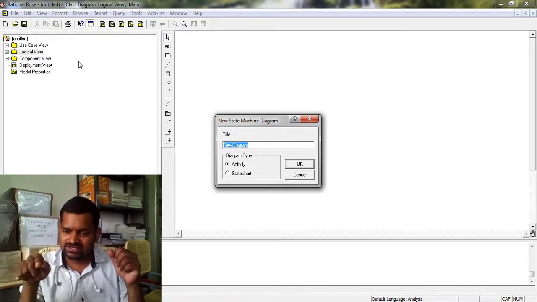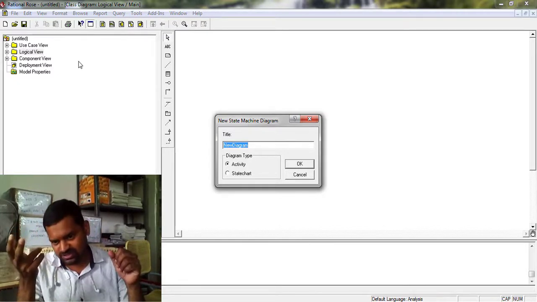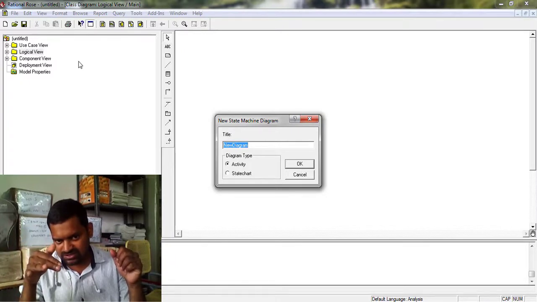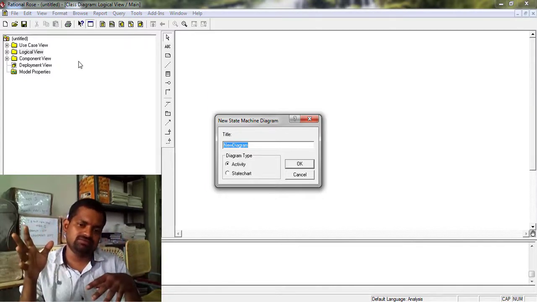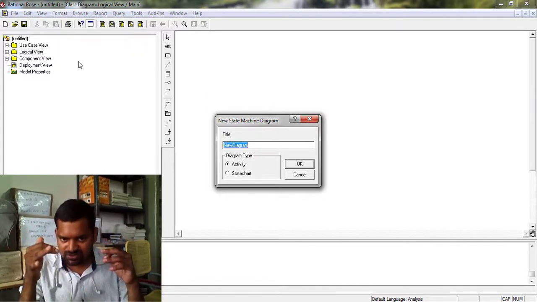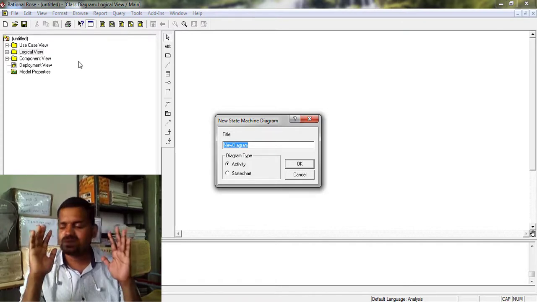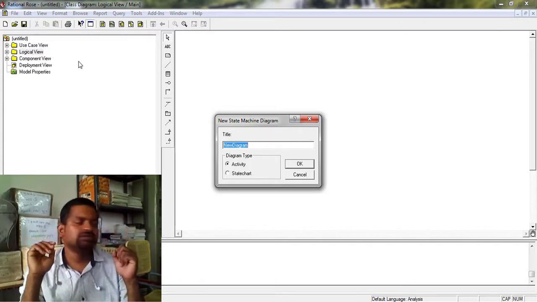Whereas interaction diagrams are of two types: sequence diagram and collaboration diagram. These state machine diagrams emphasize the dynamic behavior of a particular system.